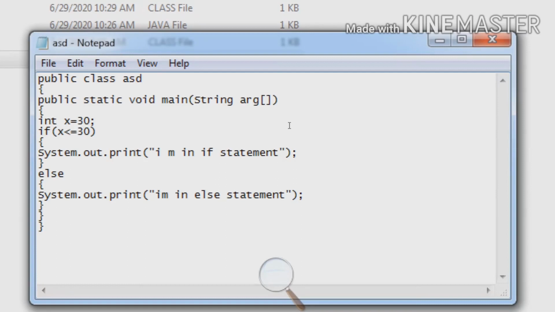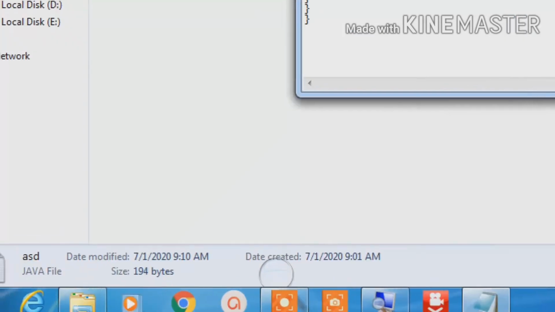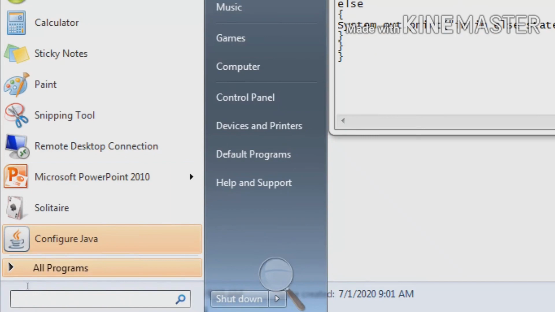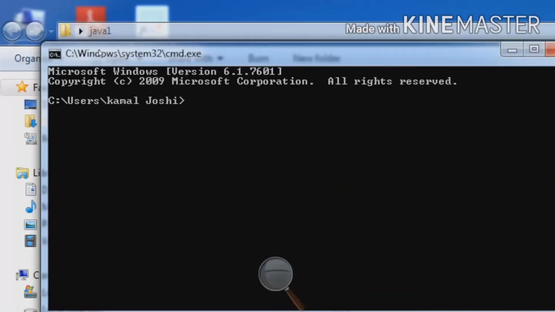Now I will show you how it will work. First we will save this file. Now we will go to the command prompt. Now the command prompt opens. Now go to the Java 1 folder. Enter cd java1.